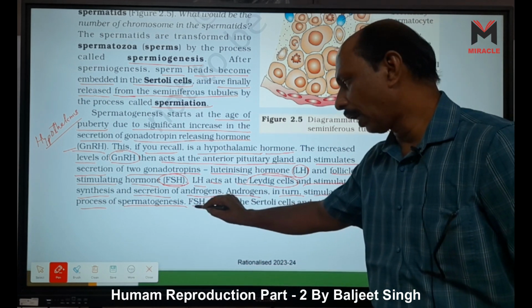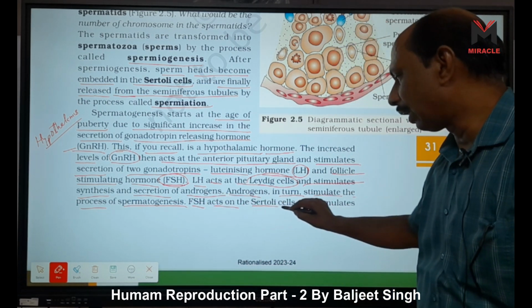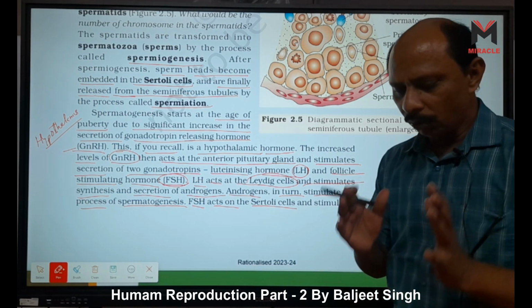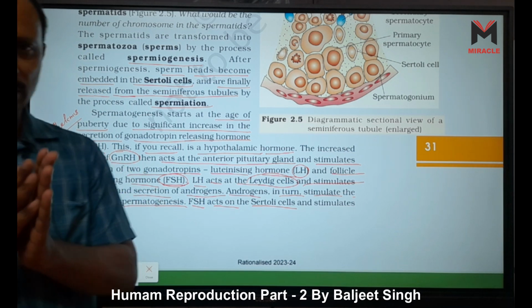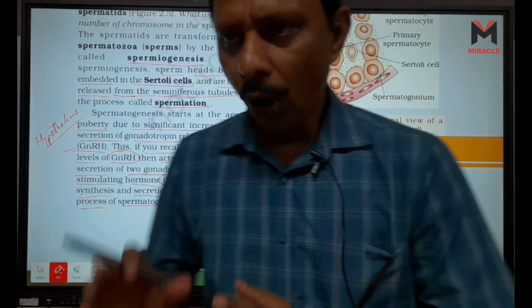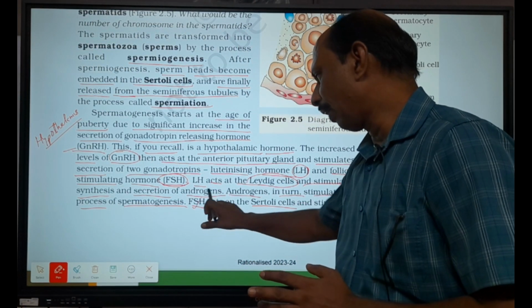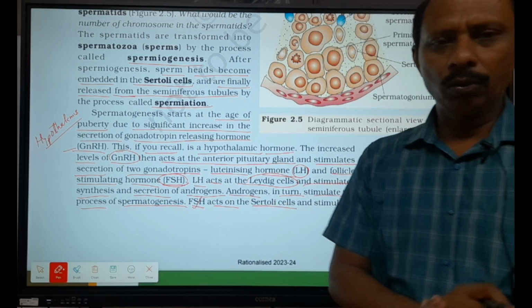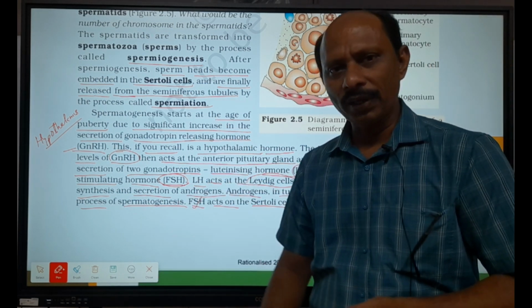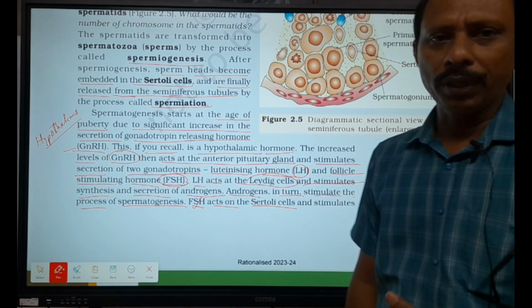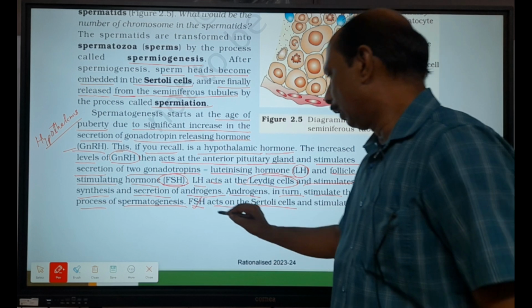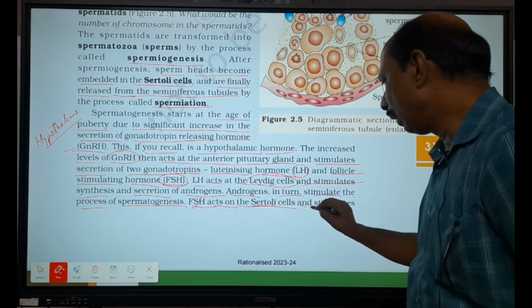Now follicle stimulating hormone acts on the Sertoli cell, because the Sertoli cell forms a barrier between blood and testis, right? All the hormones, for example FSH, come to the Sertoli cell and attach with the FSH acceptor proteins, we can say androgen binding proteins, ABP, right? FSH acts on the Sertoli cell and stimulates